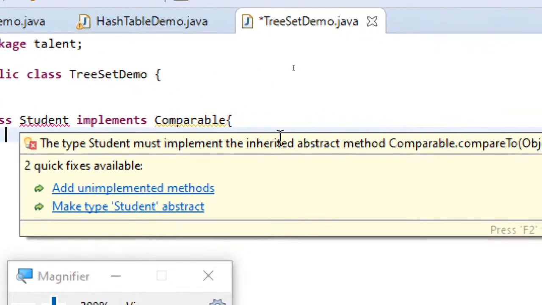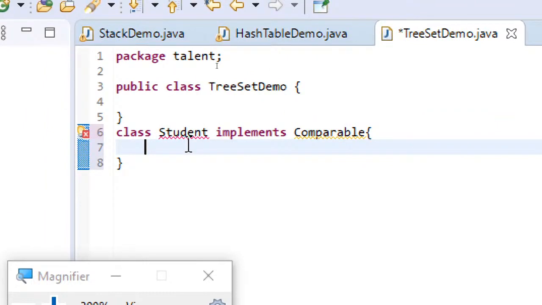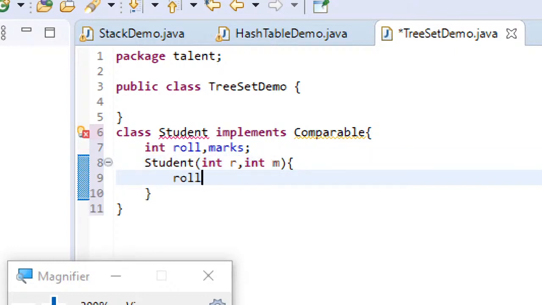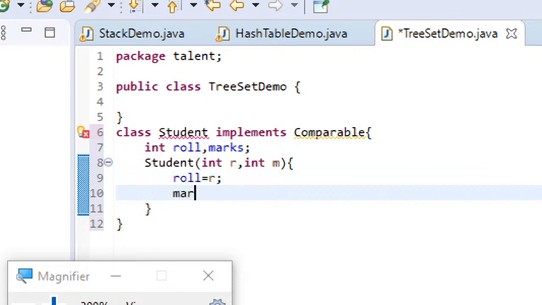Okay, it's just saying the compareTo method has to be implemented. We will be anyway implementing it, and here I'm just taking two fields. One is a roll number and the other is a marks field. These are the only two instance variables I am using. And let me use the class constructor in order to define my own roll number and marks while the object of Student is being created. So I'm just assigning the instance variables with the roll number and marks that will be passed at the time